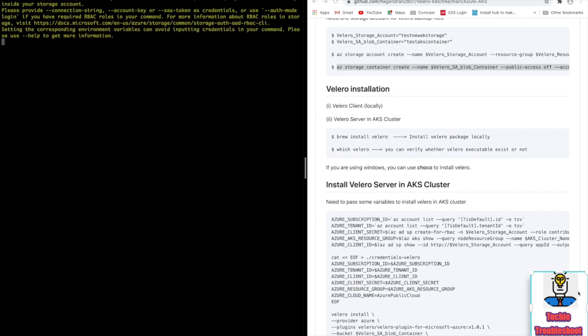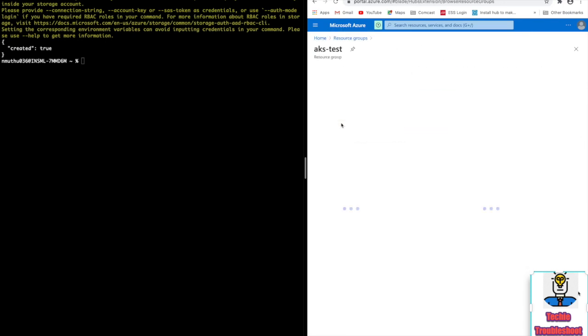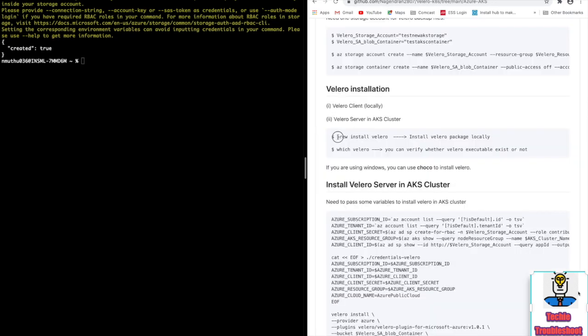Now we have to create the blob. We can verify in the UI. It takes a few minutes. So meanwhile we install the Velero client.